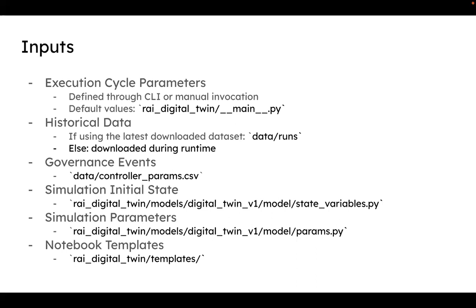So the idea here is that we really have, let's say, 6 places where one could modify things, so that they could tune a parameter or see how things would behave in a different scenario. How someone would essentially tweak any input, so that everything that is a free parameter on the simulation. So as you can see here, there are the execution cycle parameters.